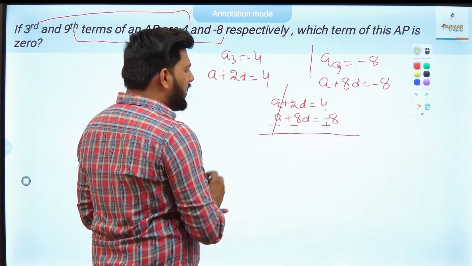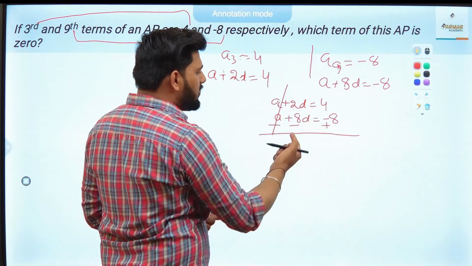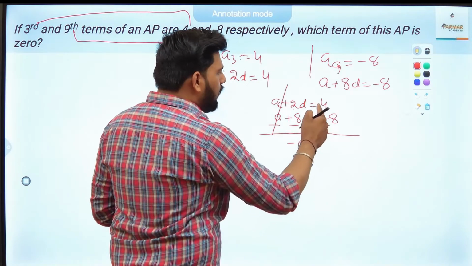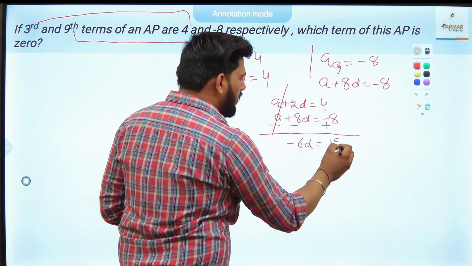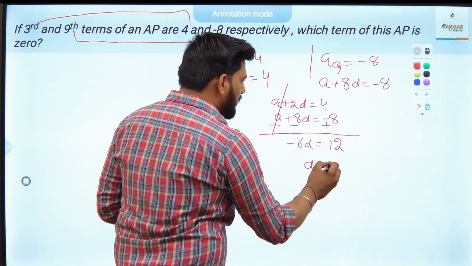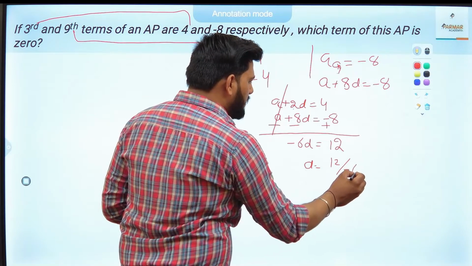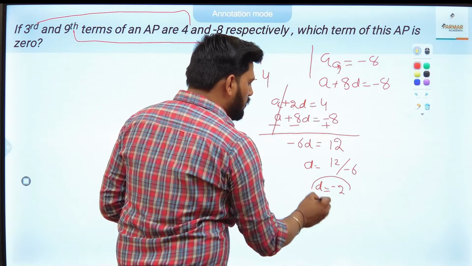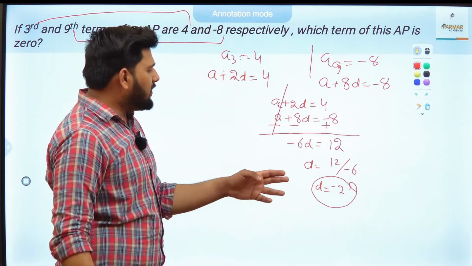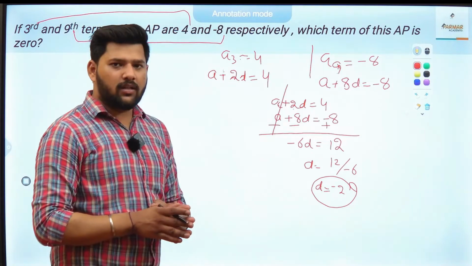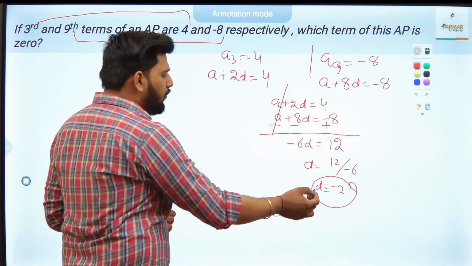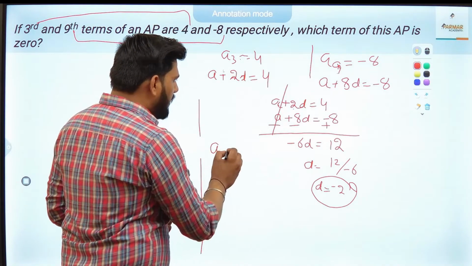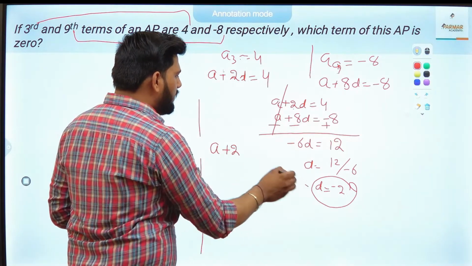Plus a and minus a get cancelled out. 2d plus minus 8d, that is minus 6d. 4 plus 8, that is 12. So the difference d is 12 upon minus 6, that is minus 2. Now we will find the value of a, that is the first term. Just substitute this value of d in any of the equations, that is a plus 2d